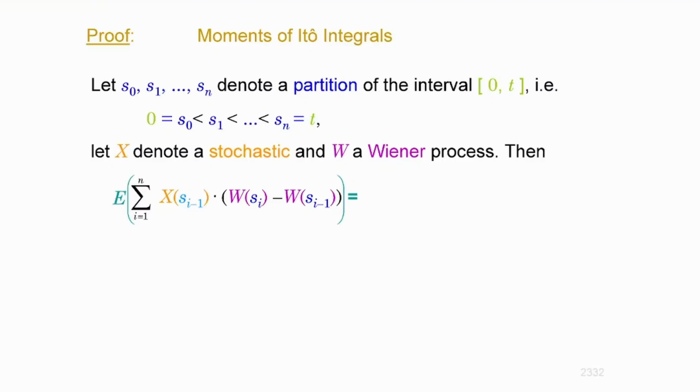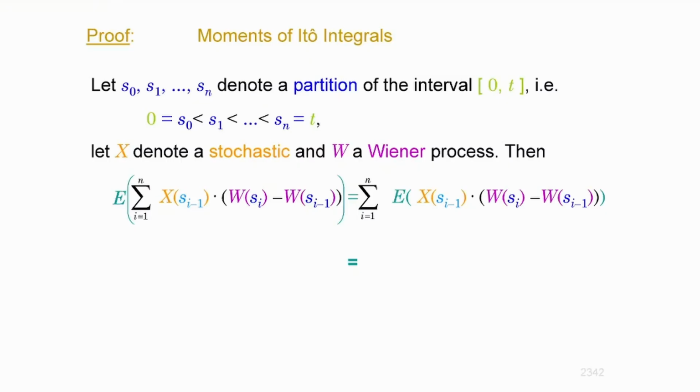Now, first off, I'm going to start by looking at the expectation of the corresponding sum from which the Itô integral was created. The expectation of a sum is the sum of the expectations. So what you do now is put the expectation operator here, and then look at the expectation of the sum. So here it comes. Again, the expectation of a sum is the sum of the expectations. And here comes the independence now.